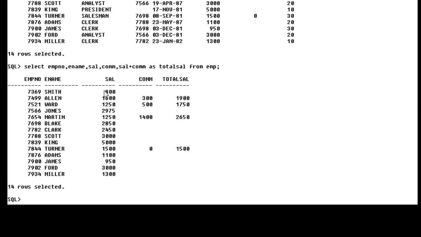It means if any arithmetic operation is performed with a null value, it gives the output as null. Fine, please understand this concept. If you perform any arithmetic operation with a null value, the output is also a null value.